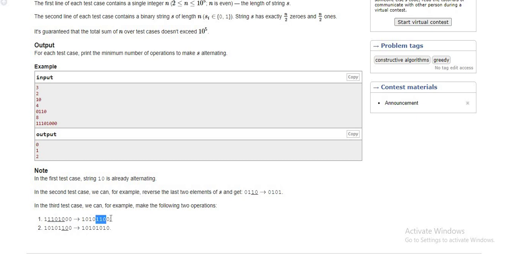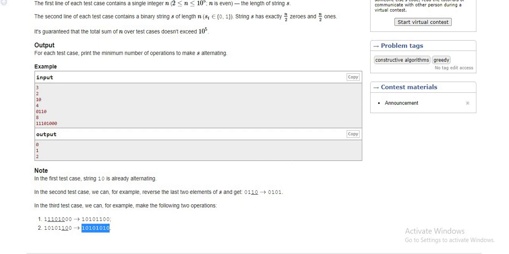So the first part will be 1010 and the next is 1100, and again to make this 1010 you have to swap the intermediate elements. That way you will finally get the string 10101010.